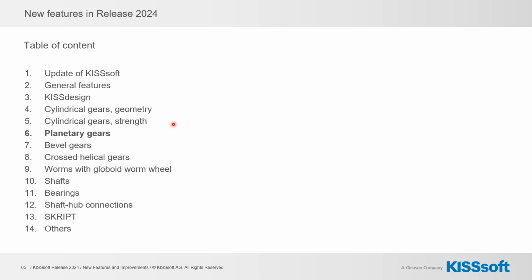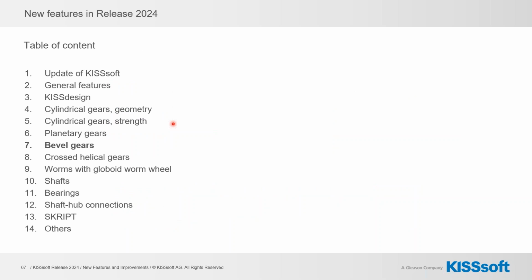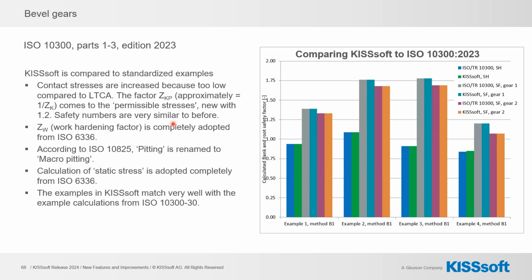I want to continue now with planetary gears. In the planetary gear, we can find an additional mesh load factor calculation according to ISO standard. Now I come to bevel gears, and in bevel gears, we did quite some work for updating or introducing standards. First standard I want to mention is the